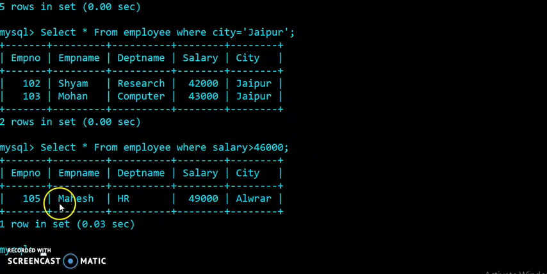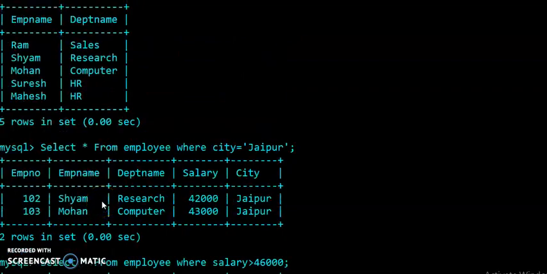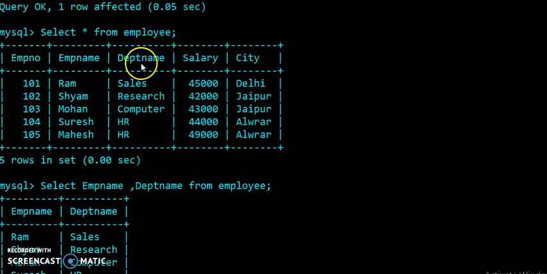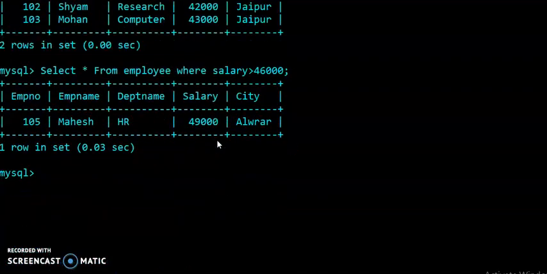The name of that employee is Mahesh and the employee number is 105. You can check in your table that the salaries are 45,000, 42, 43, 44, and only one employee has a salary greater than 46,000. So you can find out the result within seconds.